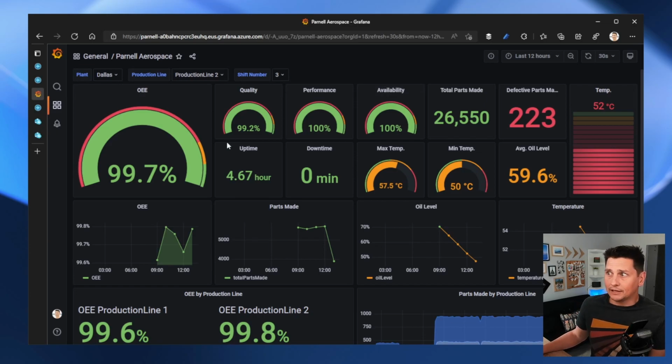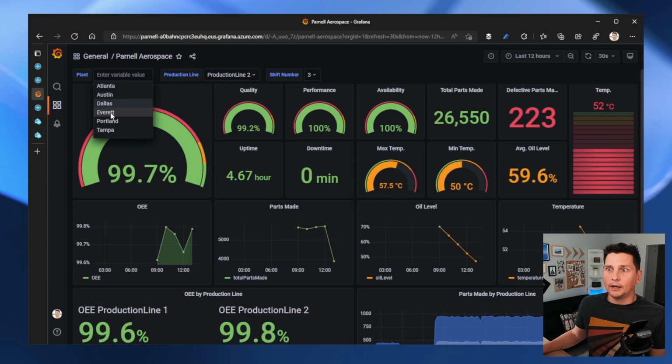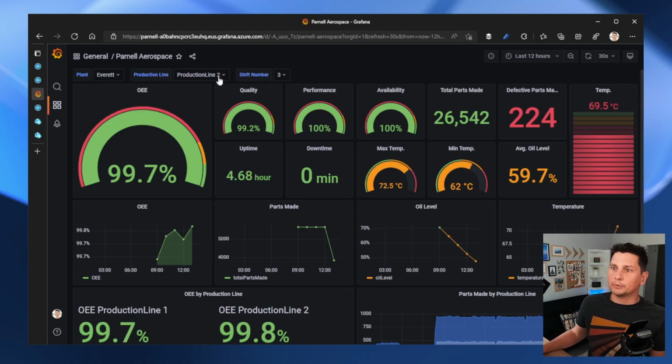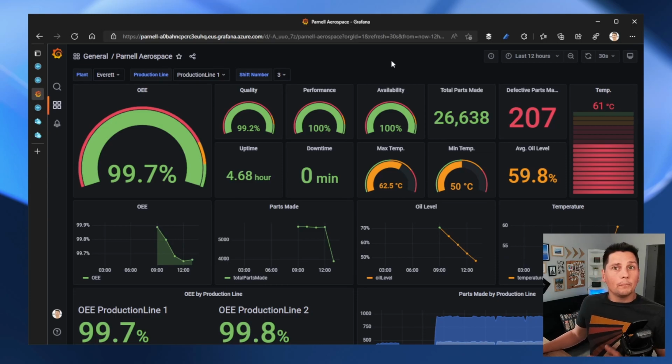And here I can navigate through that data the same way I was doing in Data Explorer. I can switch to another factory, change the production line to number 1, and see if everything is going okay here. So at your fingertips, you have all the data that's been already digested for you and exposed to me, as a regional manager for production, in the tools that I'm familiar with.